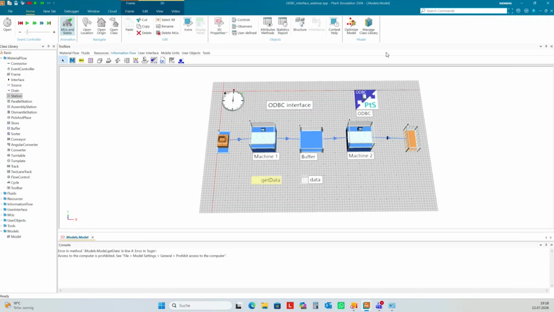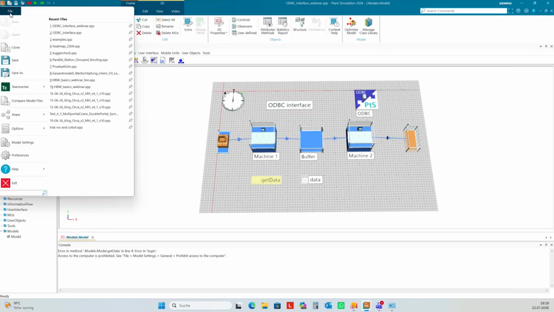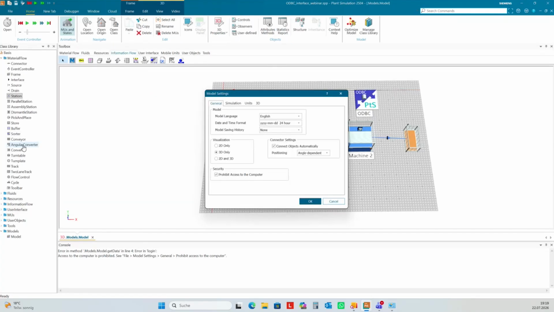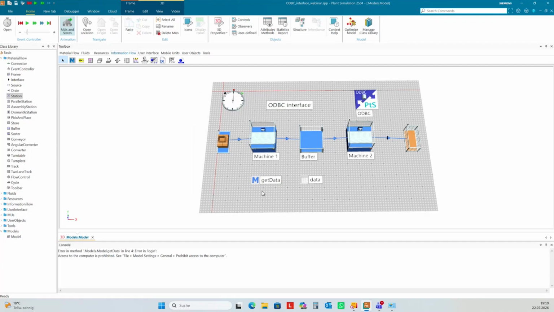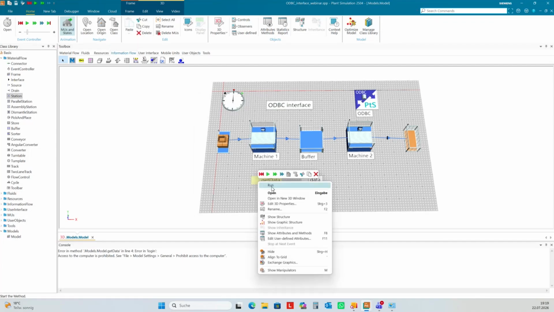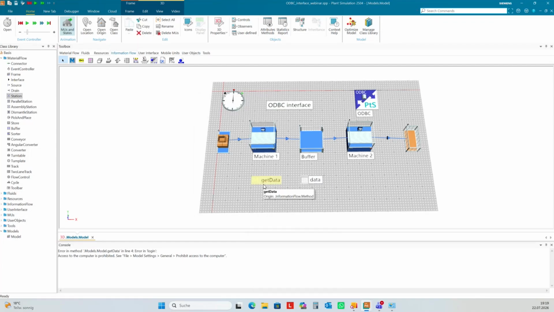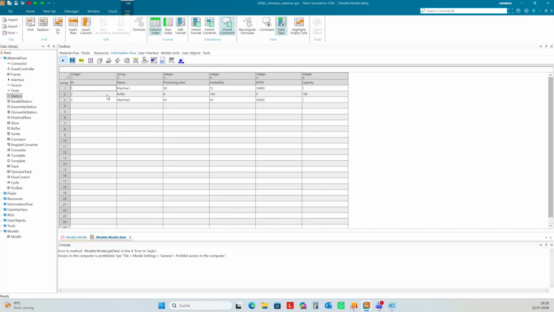And this I do in the model settings, and by default it's not allowed to access something on the computer, and so I need to clear this field to run this method. Now I don't get an error message, and I can find all the data from Access here